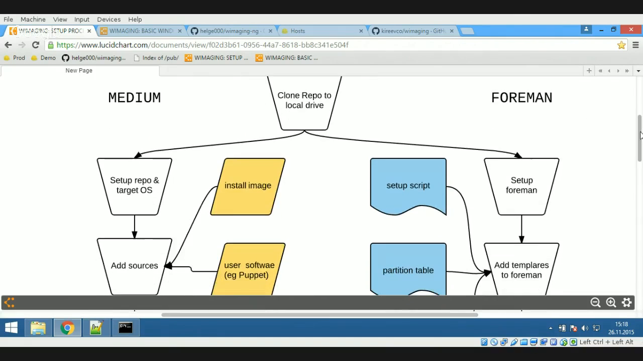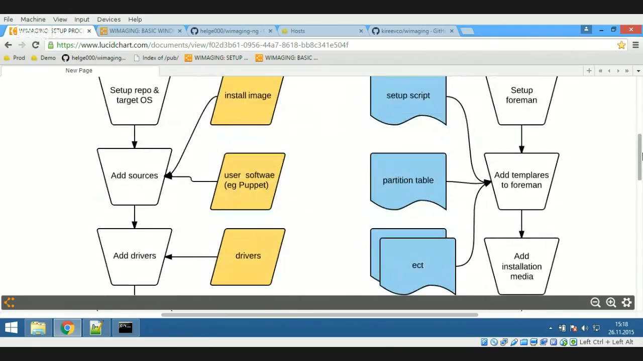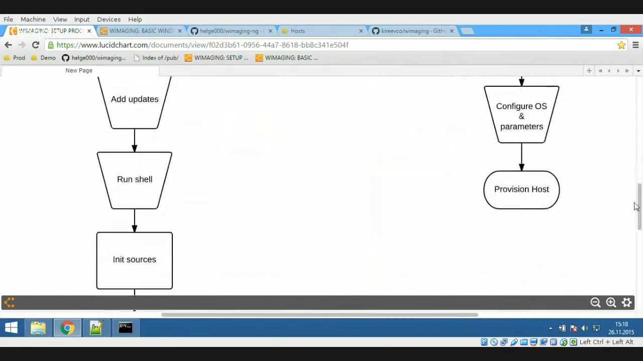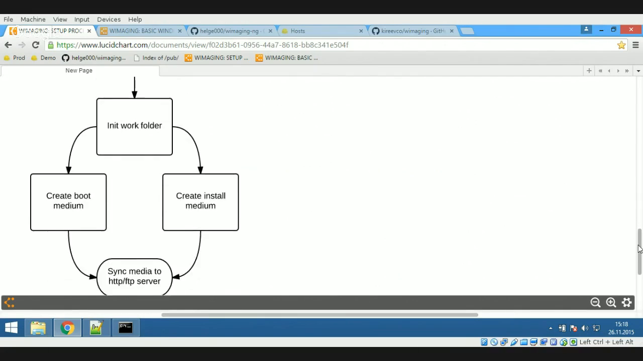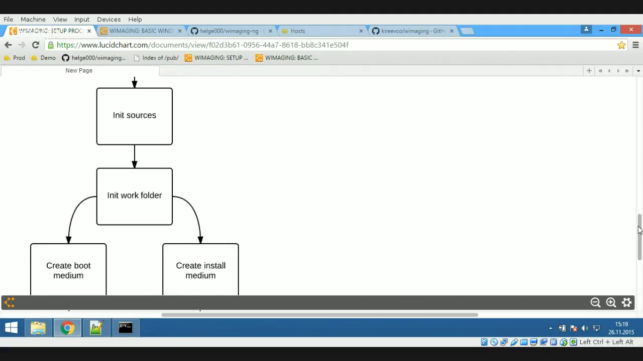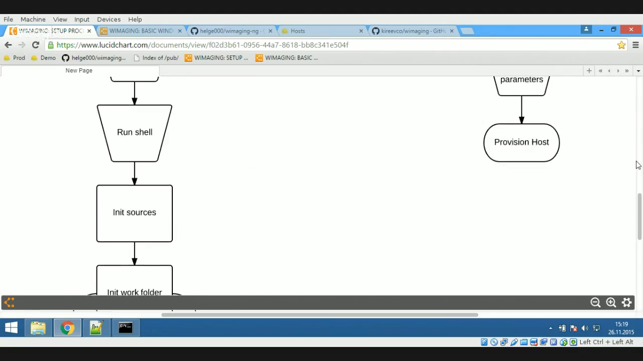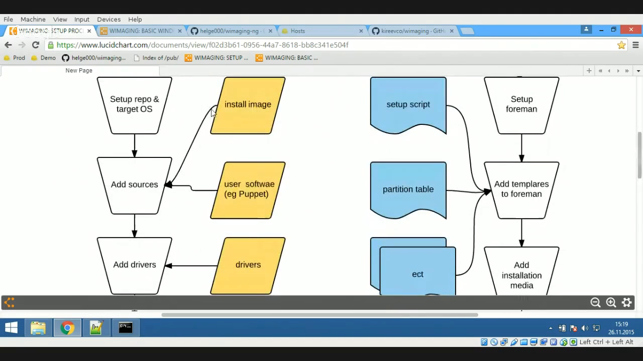What I have done now, I just go back to my flowchart over here. I'm now at this point, run shell, which is what I do now. The scripts will then take care of creating the actual boot media and actual install media. So what I did now is all the preparation. I set up the repo. I added our sources. These were the images I had. We do need one boot image,